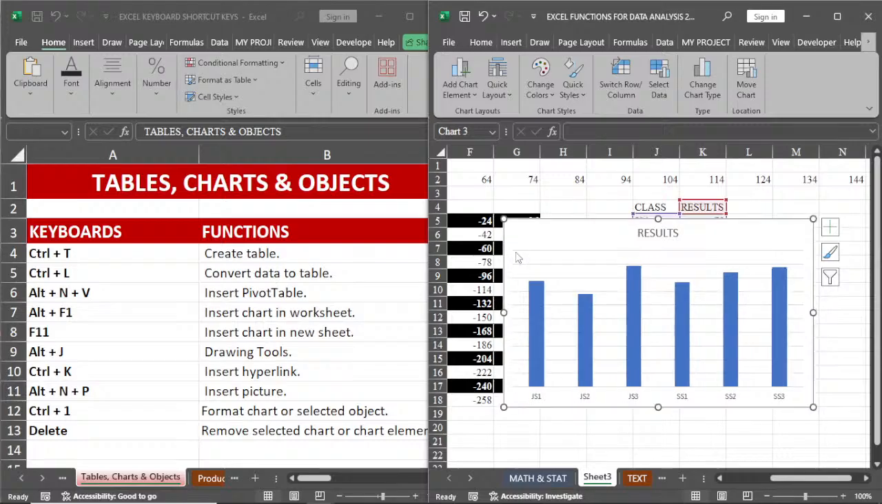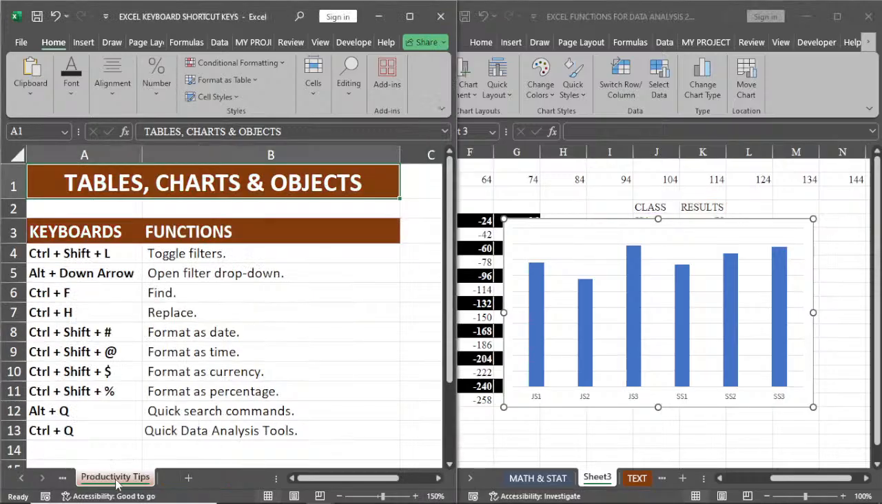Automatically that element is gone. If I want to delete this, I click on it, press Delete. That one is gone. So that's what we use Delete for. All right, moving over to the last, which I called